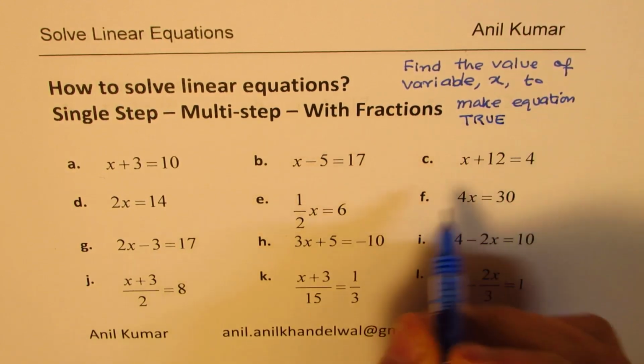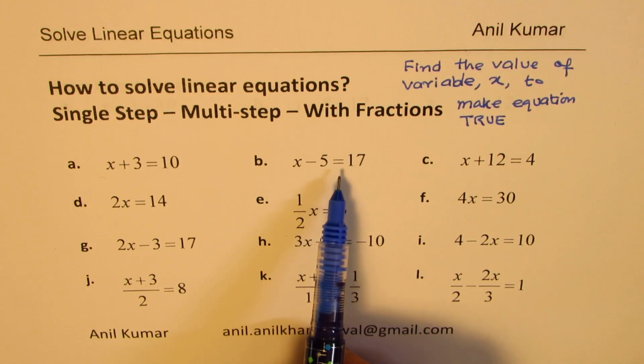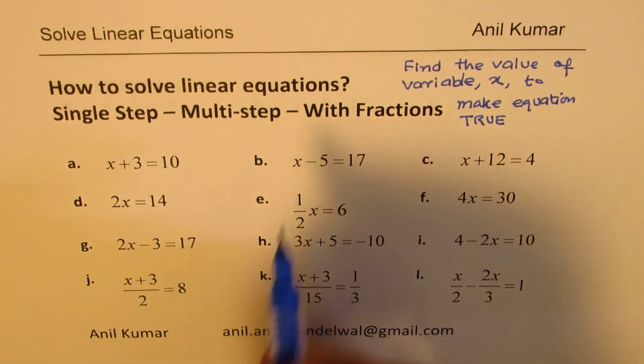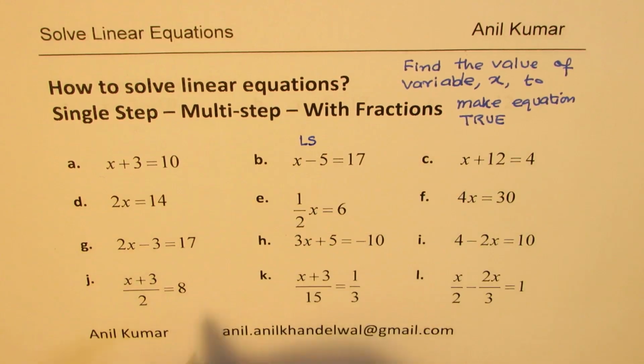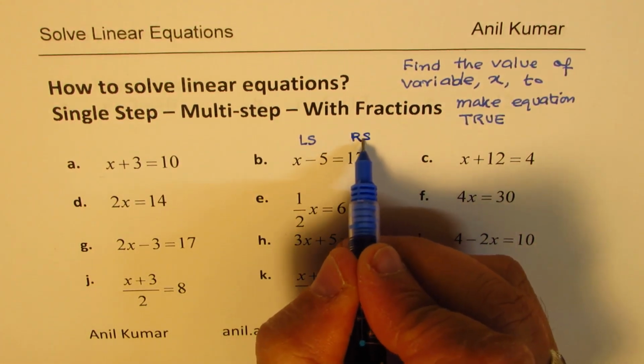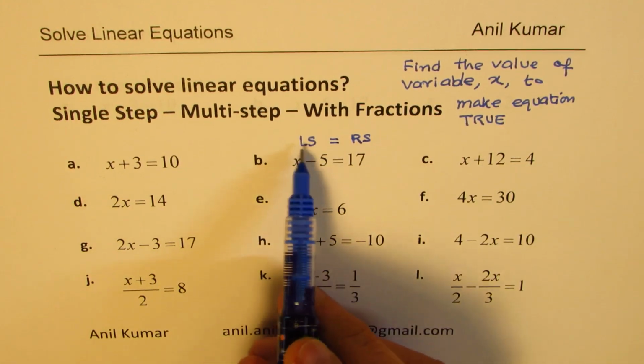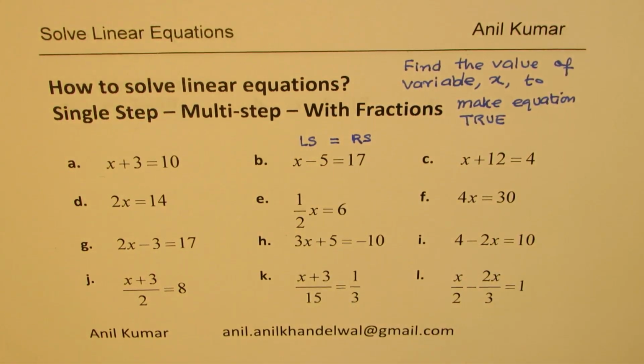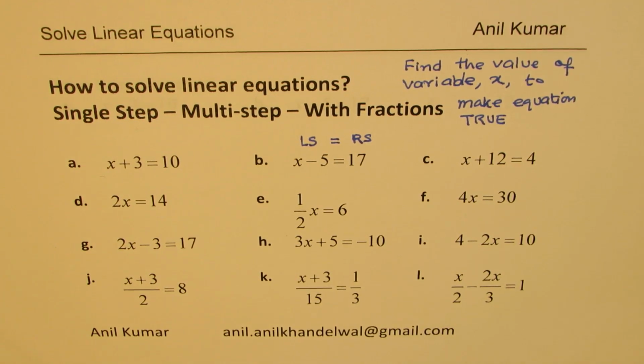Now, when I say to make the equation true, here we see the equality sign. So, left side should be equal to right side, right? Sometimes we refer to this as the left side, and that will be the right side of the equal to sign. So both we have to make equal, only then we say that the equation has been solved. Perfect. An equation may have more than one solution or may not have any solution at times, right? But in case of linear equations, we are looking for one particular solution. So for linear equations, most of the time we are looking for one solution. Okay,